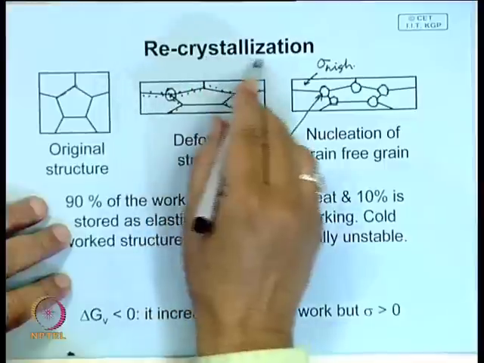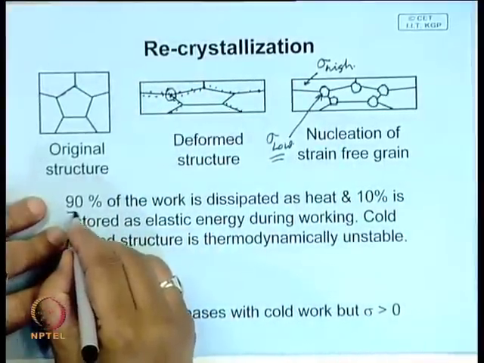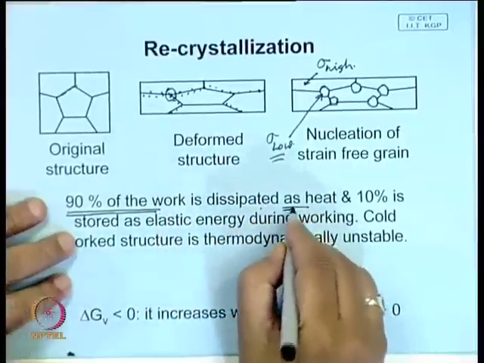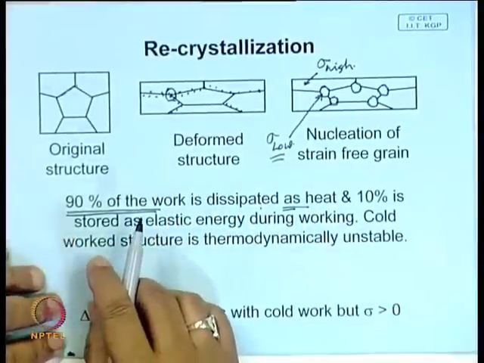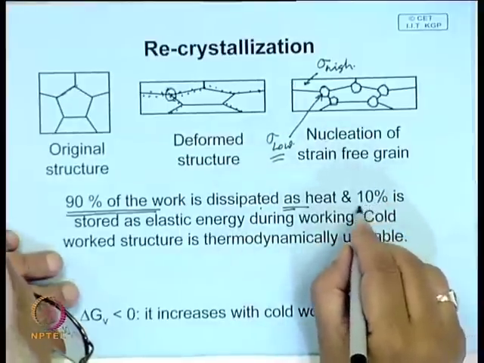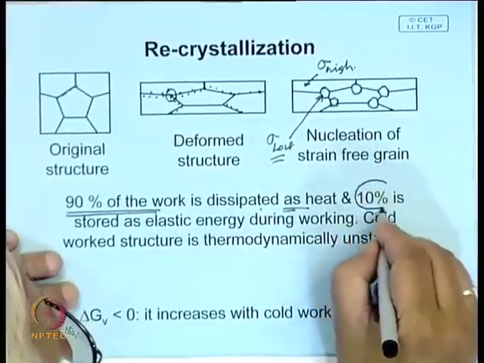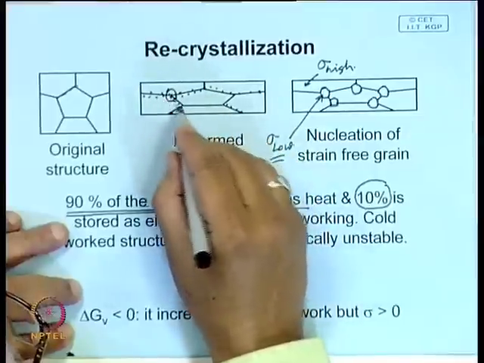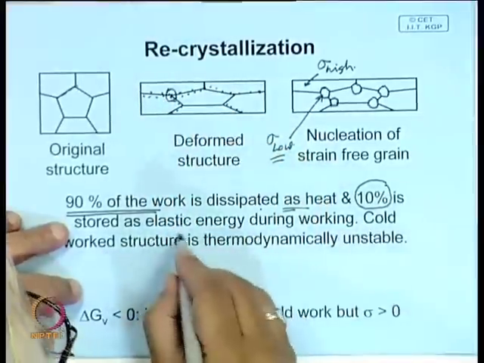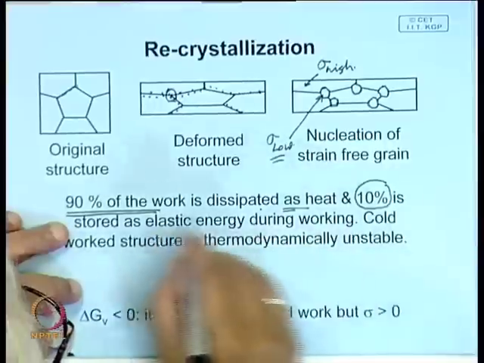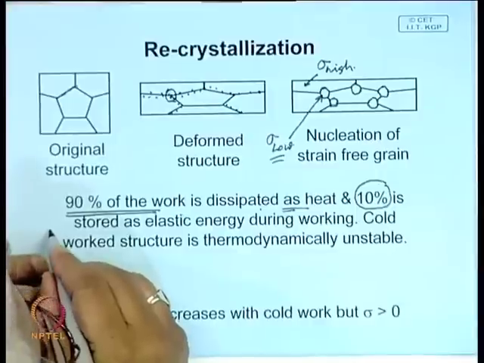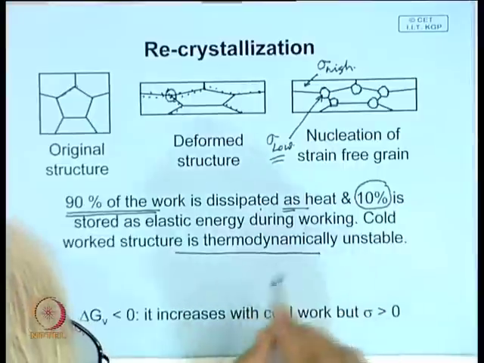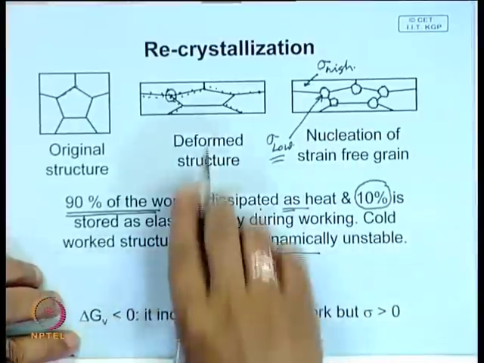Now, during the process of working, 90% of the plastic work that you do is dissipated as heat. There may be some amount of adiabatic heating, the job may get heated up, but only 10% of this energy is stored in the form of either increased dislocation density or increased grain boundary energy. So, it is stored as some form of elastic stored energy in the material, and this cold work structure is thermodynamically unstable. And in fact, what you can see here,